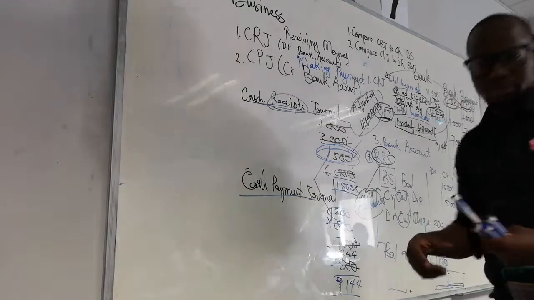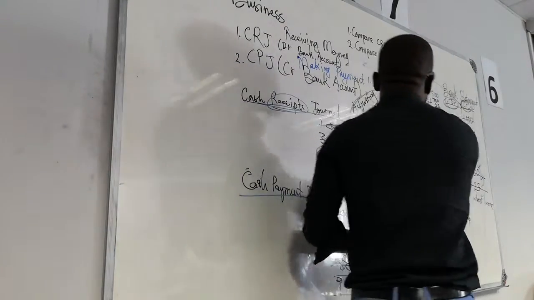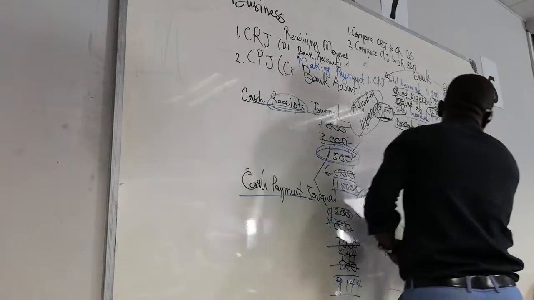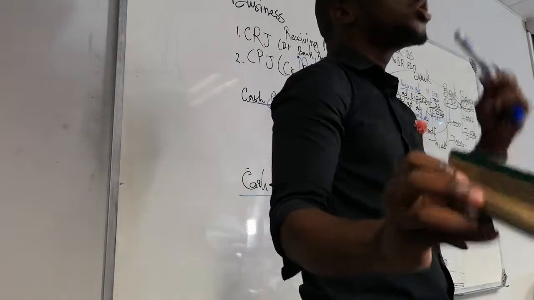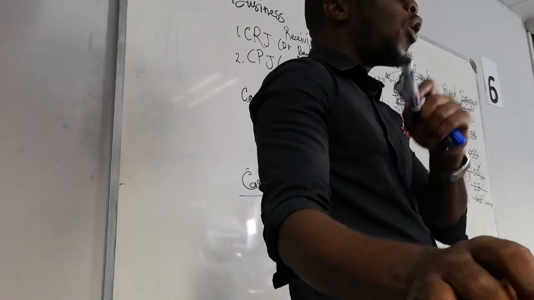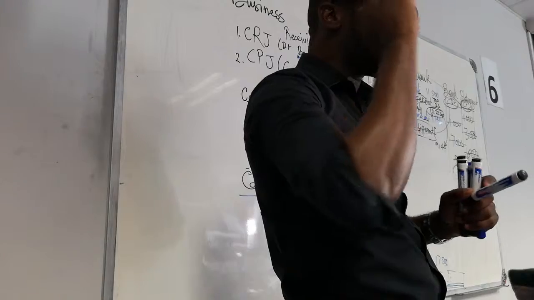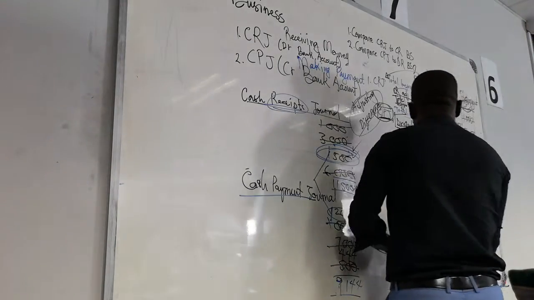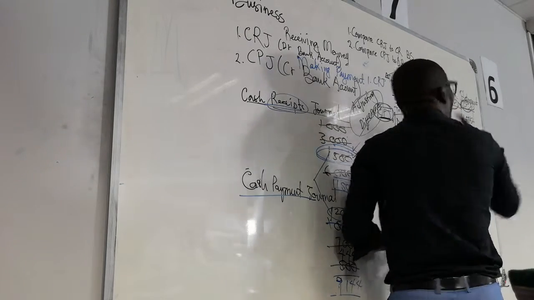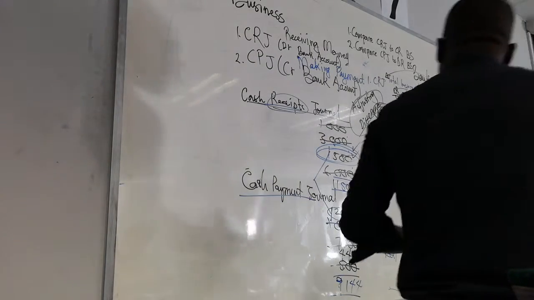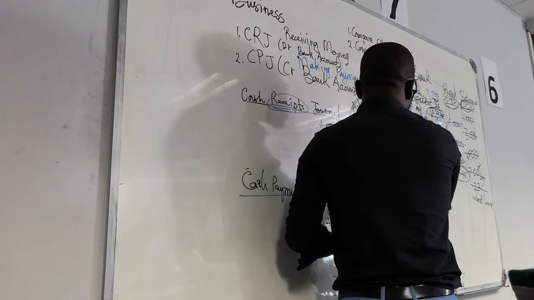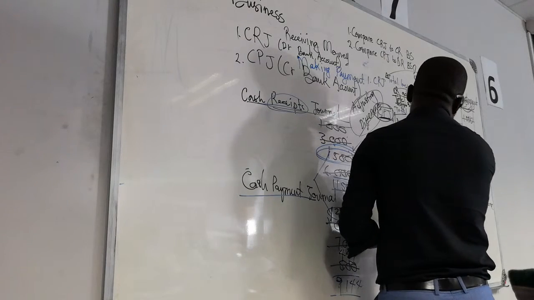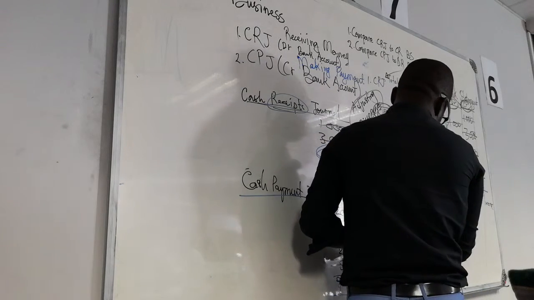Once you've adjusted your totals, prepare a bank account. Use your adjusted totals to prepare a bank account. I usually say that the bank account is all free marks, as long as you know what to do. Check this out. We are going to have a bank account looking like this. It is always going to be like this. The date will be the 1st or the 30th, and then there will be the 30th here, and then another 1st.